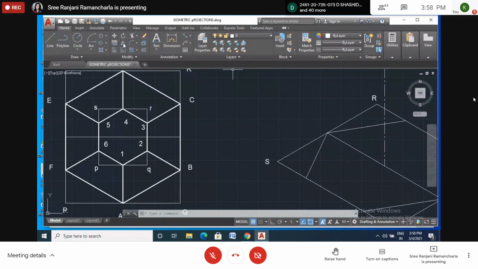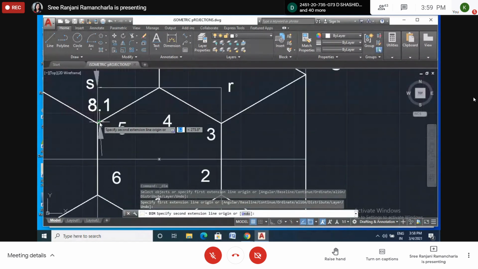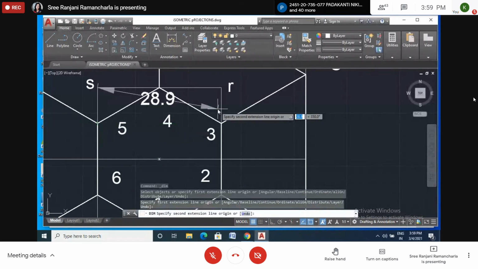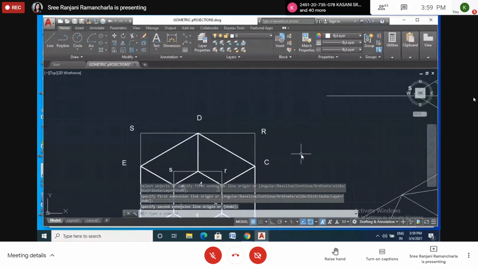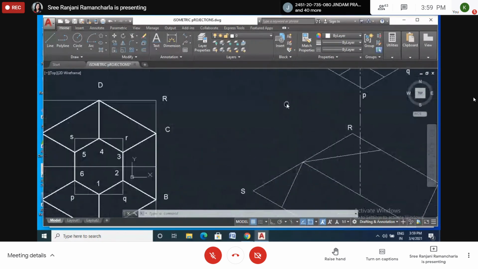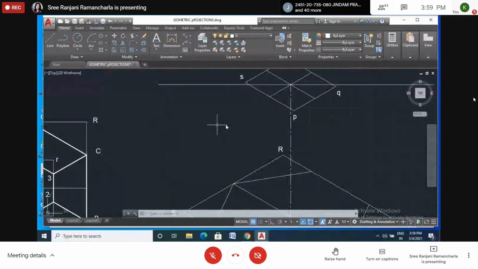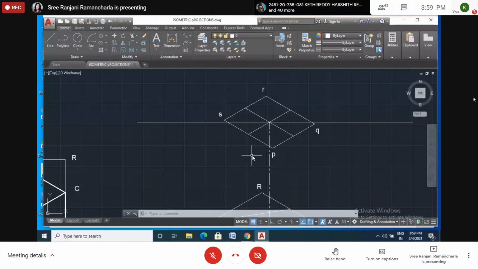So how much? 8.5. Escape. So we'll draw the 8.5. Only one side we can draw. 8.5 from here, right? From P, this direction.